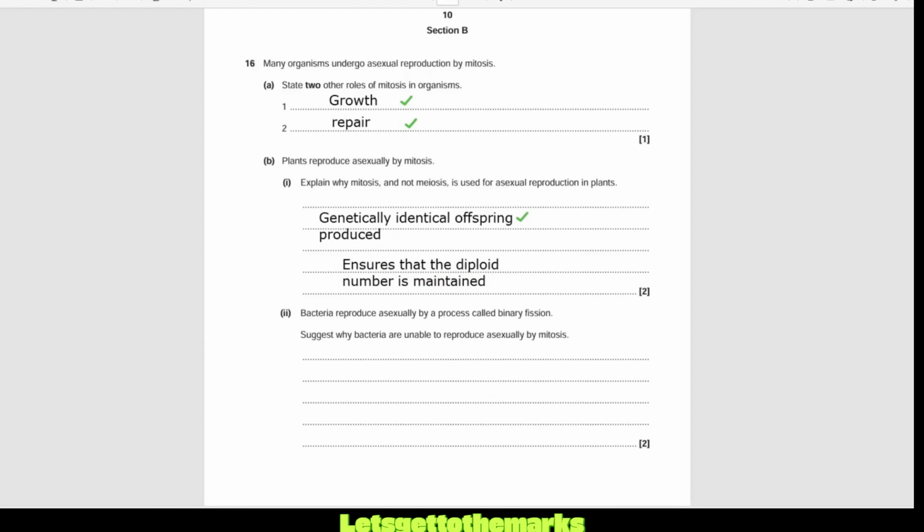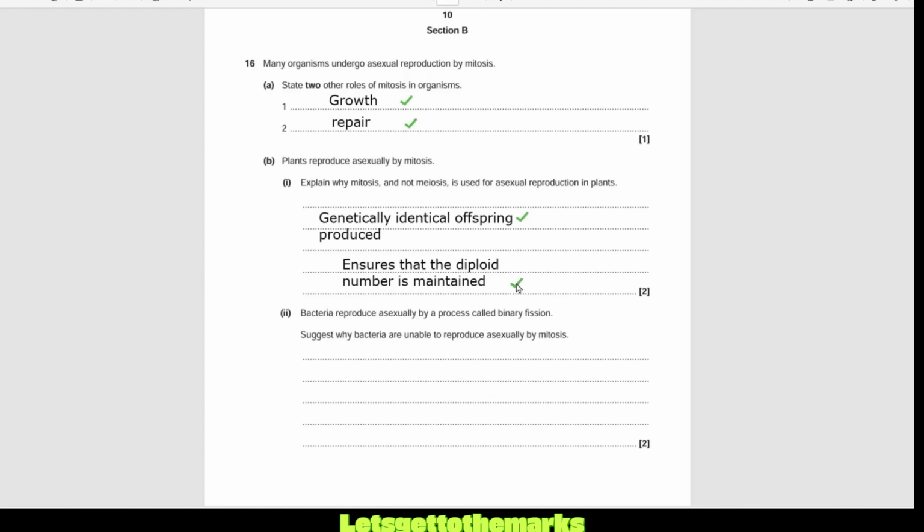And there we go. Well, what do we mean by that? Well, let's say your diploid number is 14. Then if you copy yourself identically by mitosis, the new cells will also be 14. Of course, if you do meiosis, you're going to halve that number when forming the gametes. So you're going to have 7 in your male and 7 in your female gamete.